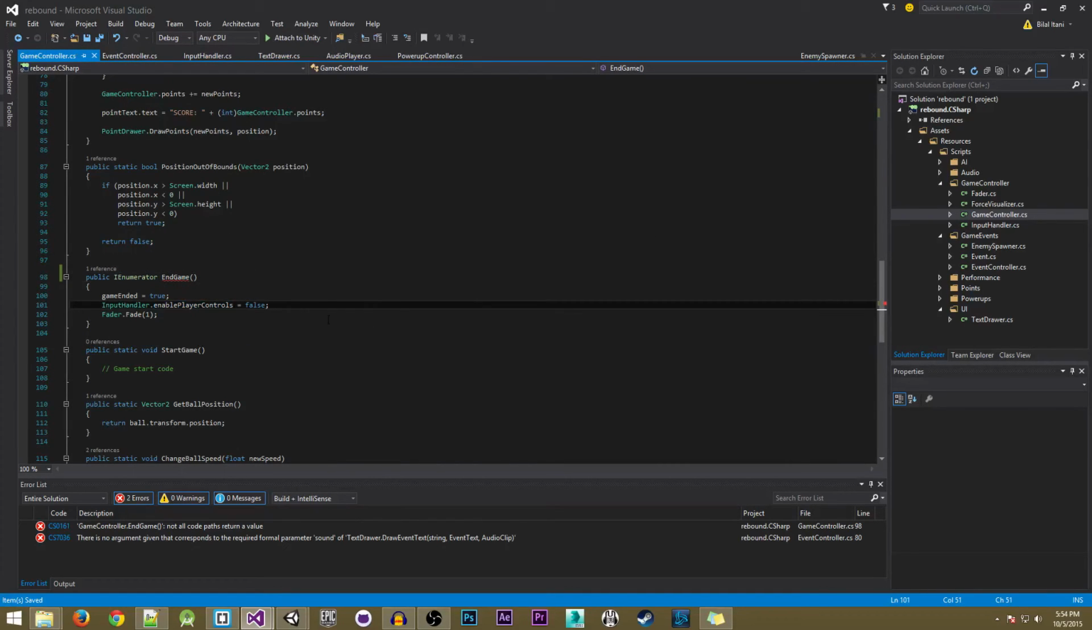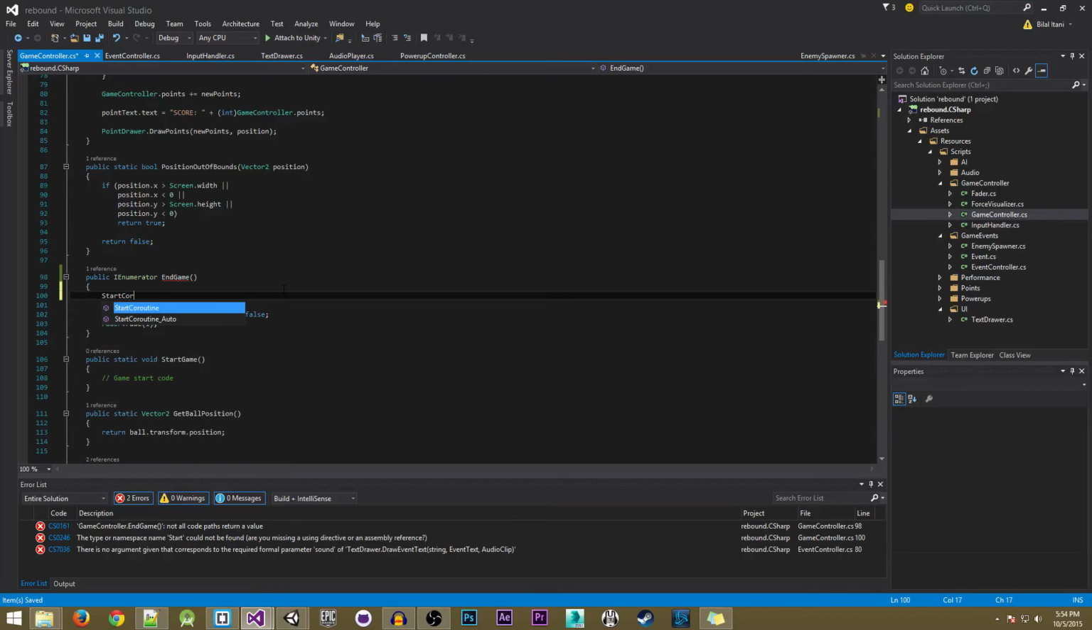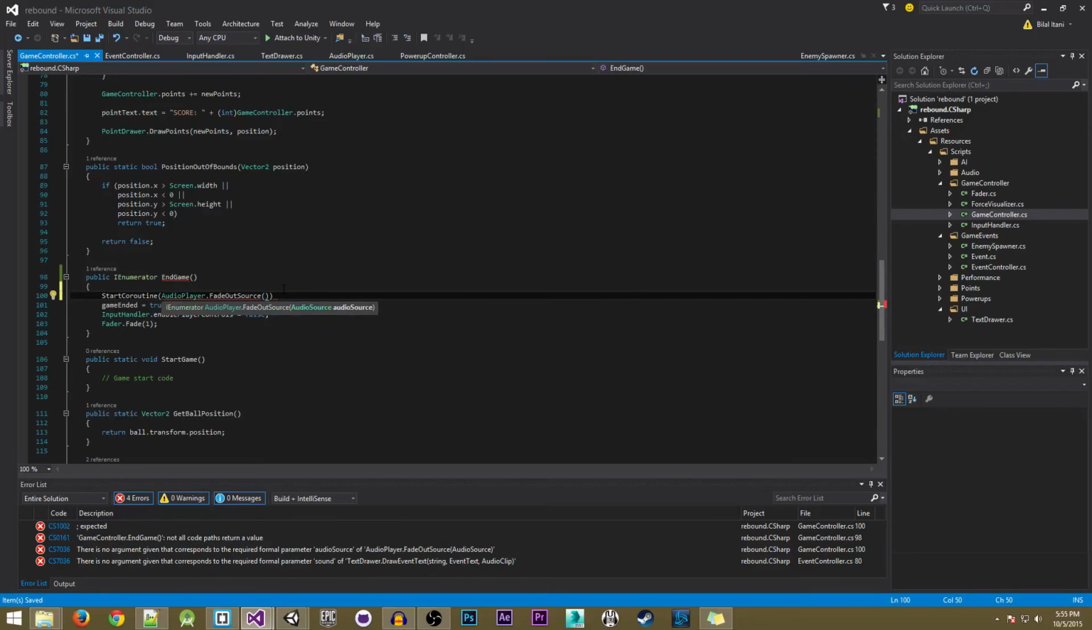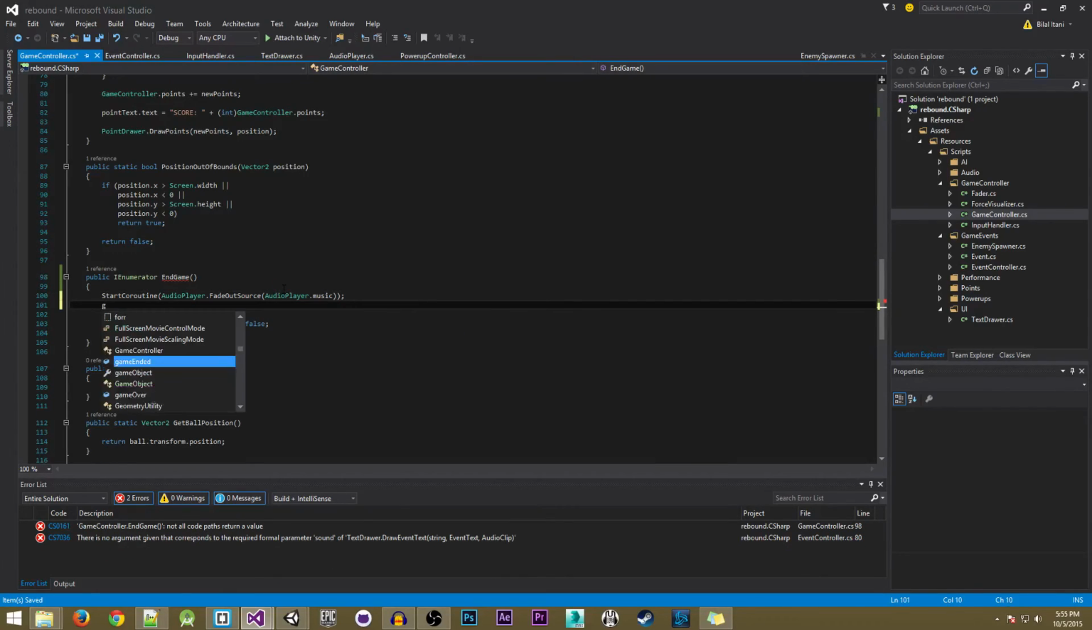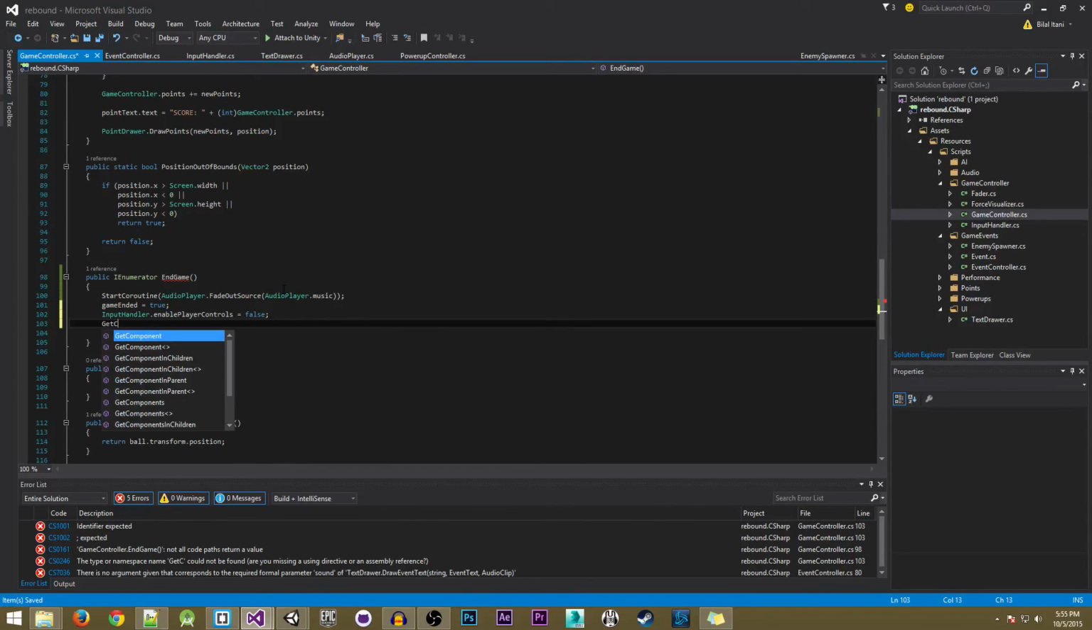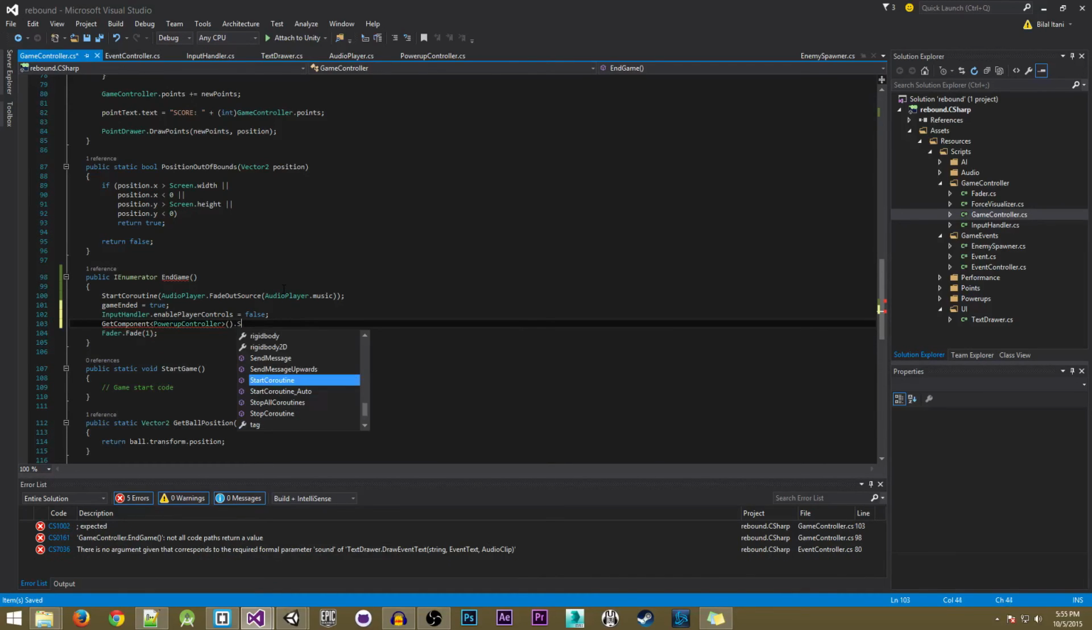But yeah, so here we're going to write start coroutine, audio player dot fade out source, audio player dot music. So we fade out the music whenever we die, and game ended dot true is already in there. Then we need to write input handler. We wrote that already too. And then here we're going to get our components. Power up controller dot stop all coroutines,